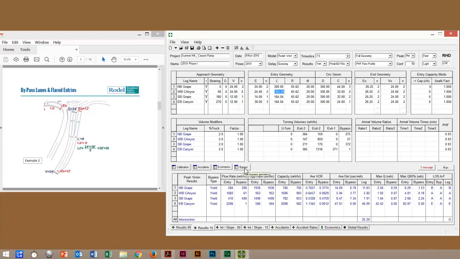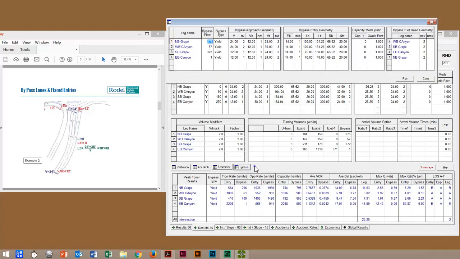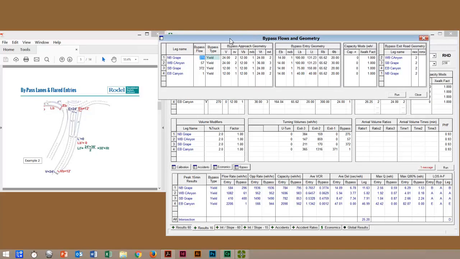Identify that as 2 lanes. And then I have a right turn bypass lane as well. So let's go to the bypass dialog box. It's identified as a yield bypass lane, and it's identified as a single entry bypass lane, E for the east